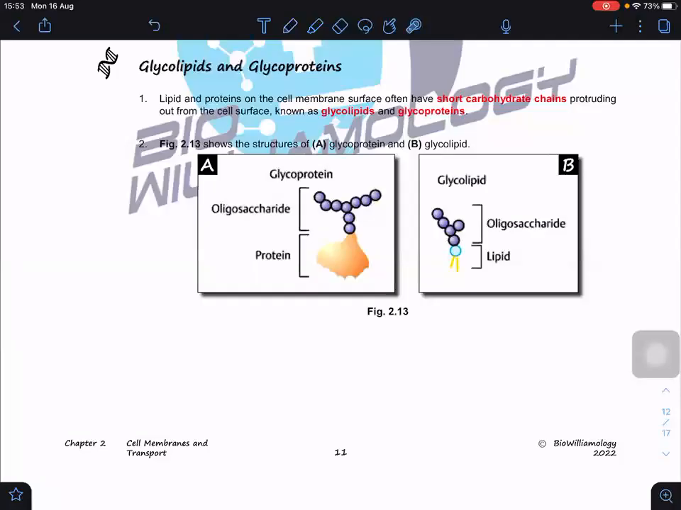Okay, so we have learned about these glycolipids and glycoproteins before, which means they have short fragments of sugar attached to the proteins or lipids. Can you see that? Short fragments of the sugar, either attached to the proteins or attached to the lipids, or phospholipids, for example. They have short carbohydrate or sugar chains protruding out of the cell surface, known as glycolipids